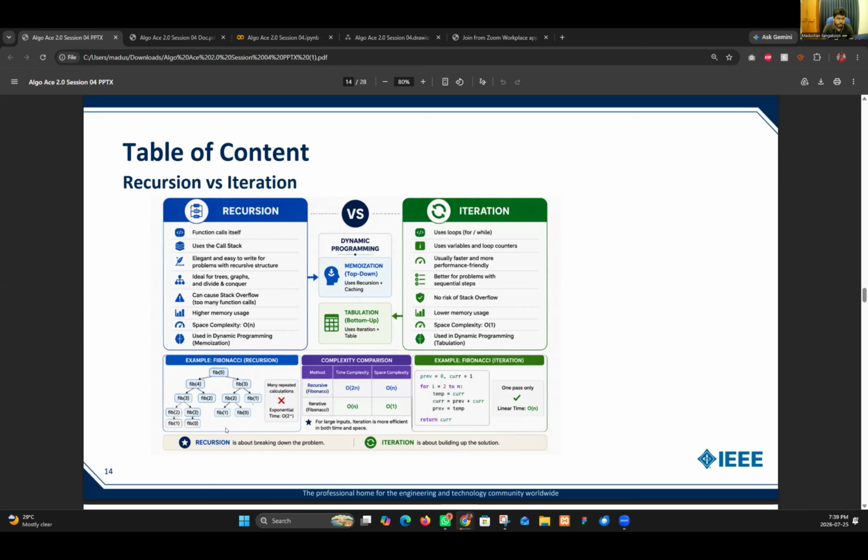As I mentioned before, some people say recursion is the best. No. Sometimes iteration is best.